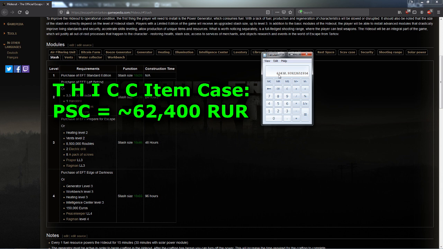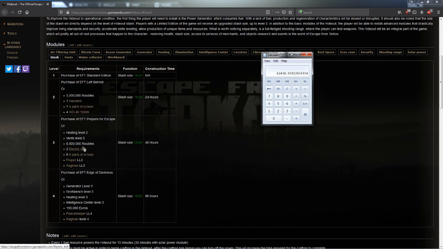Again, this is prone to being changed, but as it currently stands, this is the approximate price of gaining additional spaces in your hideout by buying thick items cases. Now, if you remember back here on the level 3 version, or the Prepare for Escape edition, the per slot value of how much money you had to spend was 85,000 rubles per slot. Based on this number here, it's still cheaper to buy a thick items case at this same value than it